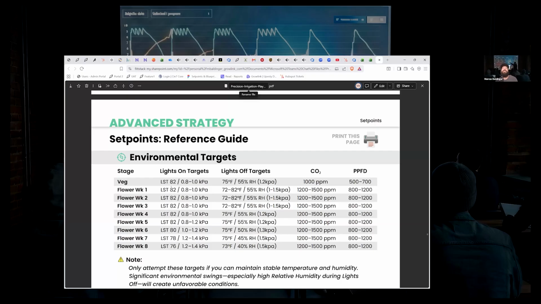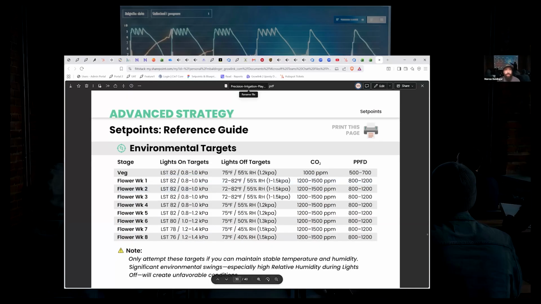I don't want to also run 75% humidity at night, especially if it's colder in the room. That's like a breeding ground for pathogens, and not good things. So that is why I do those things there. But as you notice, my veg right here is identical to my flower week